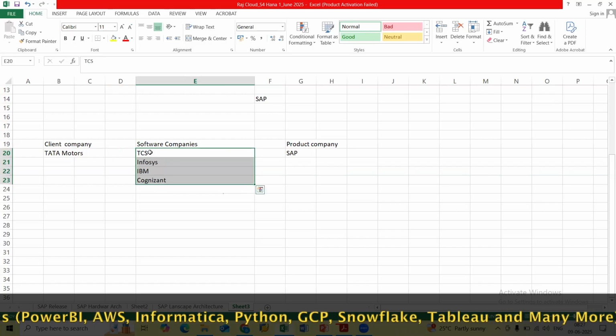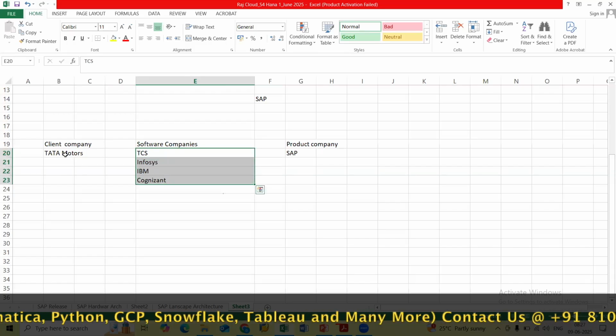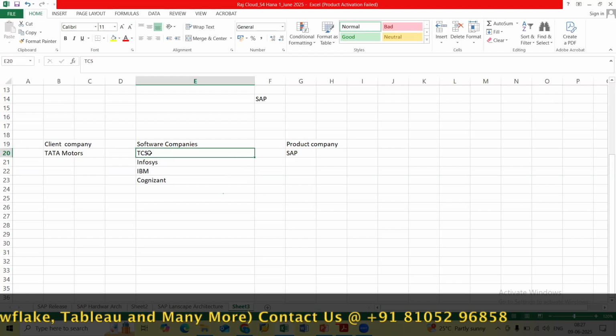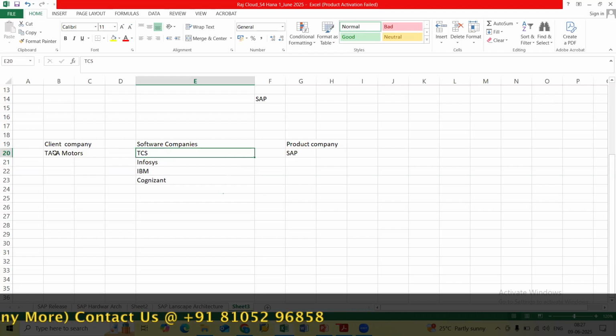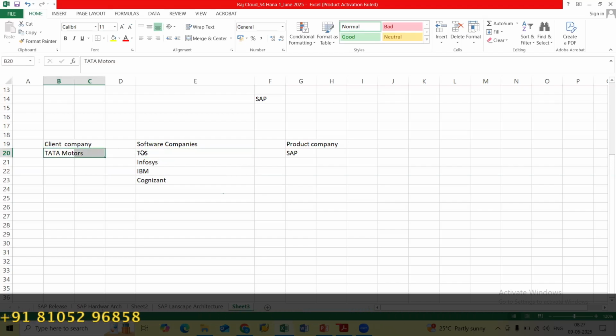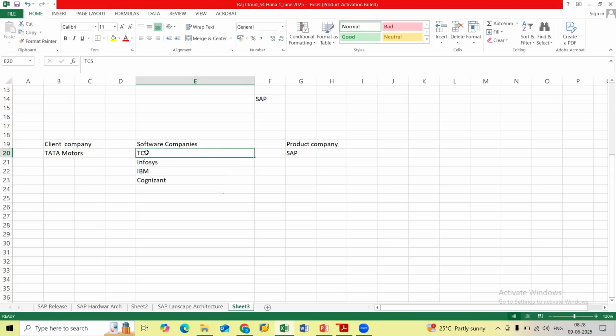So let's say out of these 4 quotations, Tata Motors has accepted the TCS quotation. So now we can say that Tata Motors got the implementation project. Sorry, TCS got the implementation project of Tata Motors. When we say implementation project, it means what? That yes, Tata Motors was earlier using different software, and now they wish to use SAP as their software. So whatever designing or whatever needs to be done,